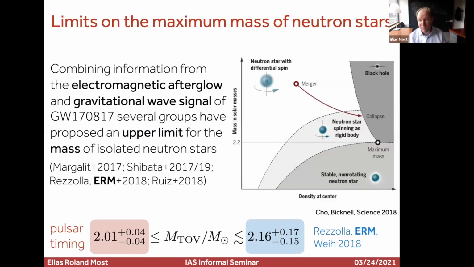This is what we did back in 2017, and also what other groups did. Remarkably, you come out with something reasonable in light of current observations. I think we came up with about 2.16 plus or minus 0.15. The upper limit that people have found is consistently about 2.3 solar masses, and you really have to look at the upper limit as the constraining factor. So this says no non-rotating neutron star can be heavier than 2.3.